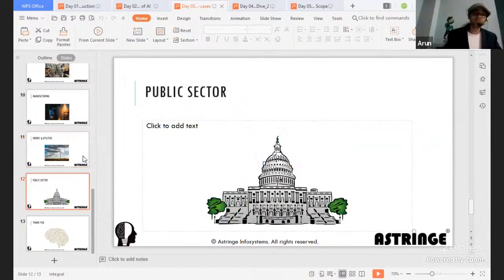And the other important point over there is the public sector, where in any public sector arena they ultimately have humongous data points. They connect to various enterprises, or it could even be various customers. In any scenario, you can use AI to optimize the efficiency or the supply chain.